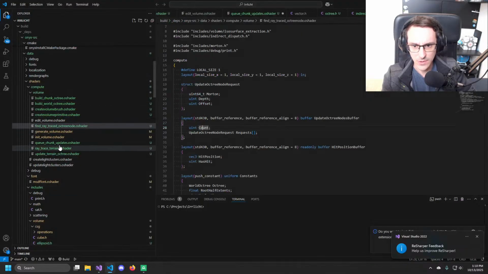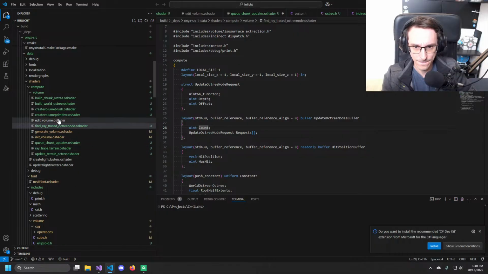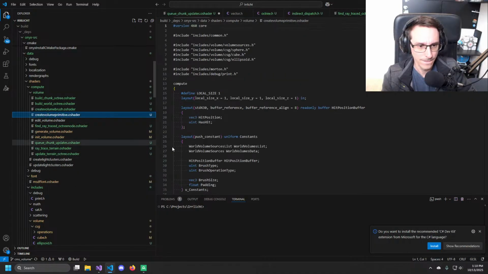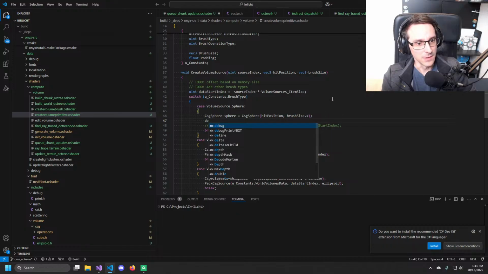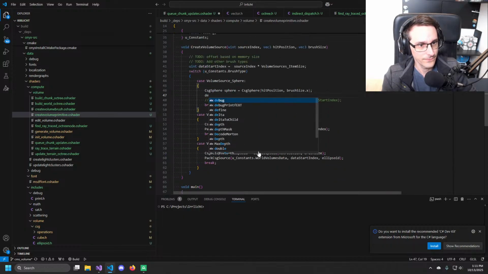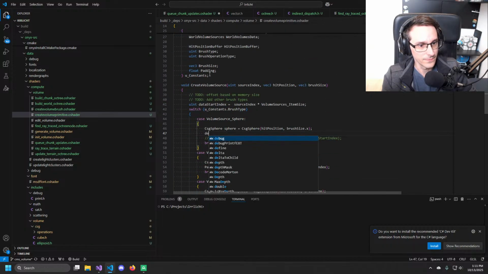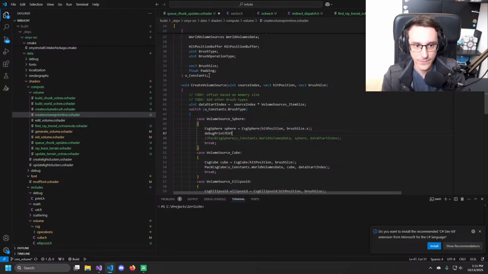But when we do apply the operation here, we don't actually put it inside the buffer, and I would want to just write out here